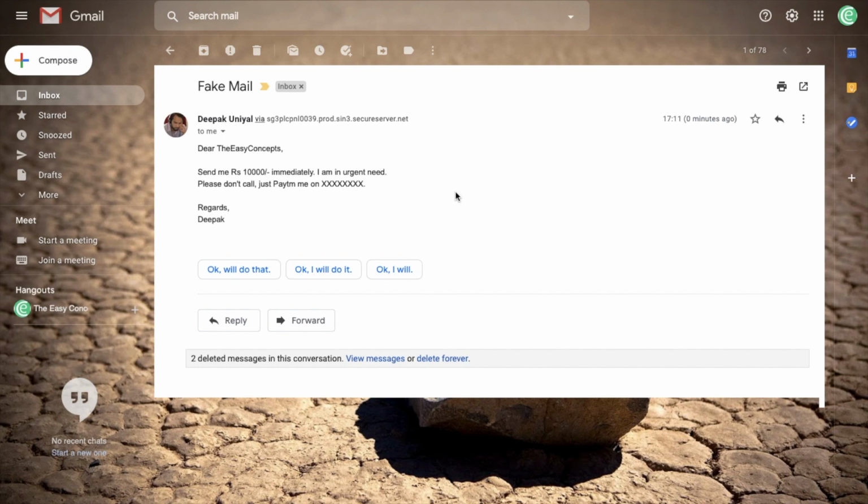Now I have a question for you. You have to tell me, how can you identify such mails? Try opening such mails on your laptops and mobiles, and then tell me in the comments how you can identify whether they are fake or not. And here is one more thing I want to tell you. Please don't use this script to steal anyone's information or harm anyone. This is for fun purposes, so please keep that in mind. This tutorial is also for awareness purposes. You can also share your incident when you received such mails, whether you replied to them or not, and what was written in those mails.